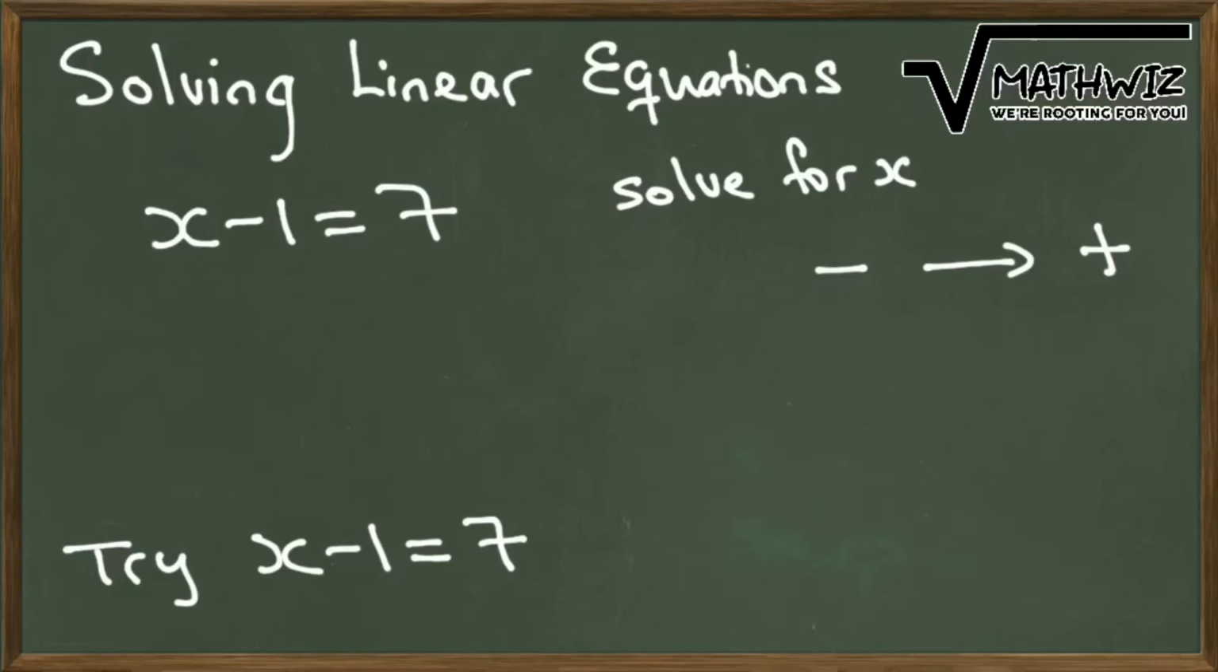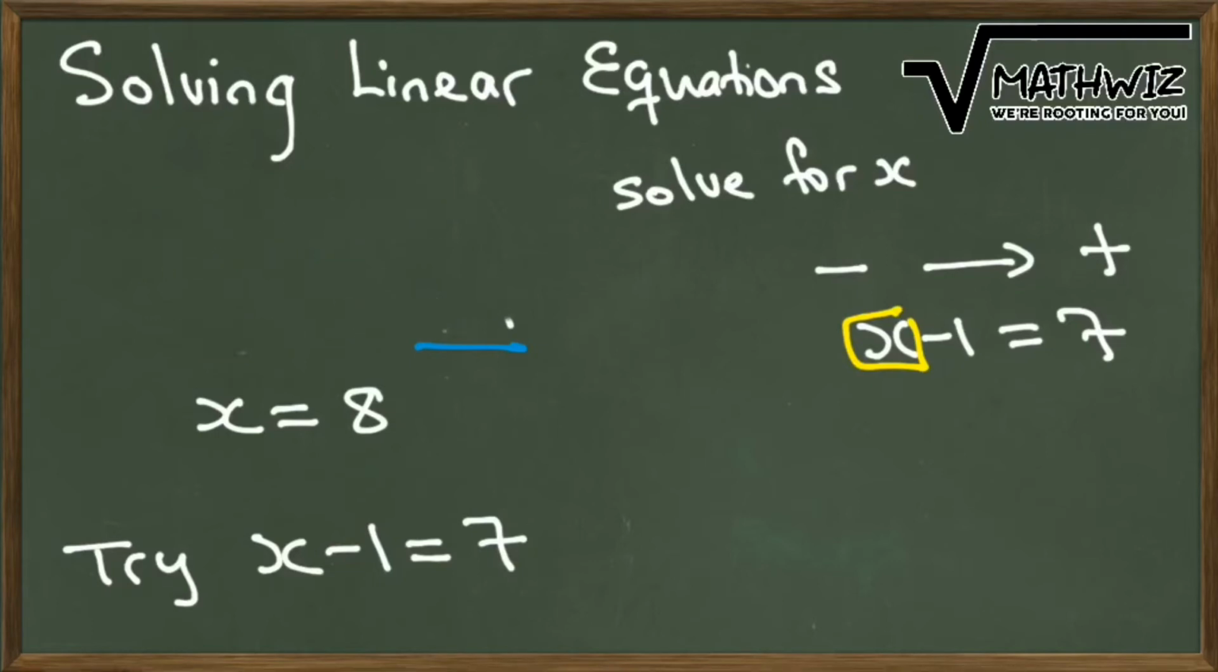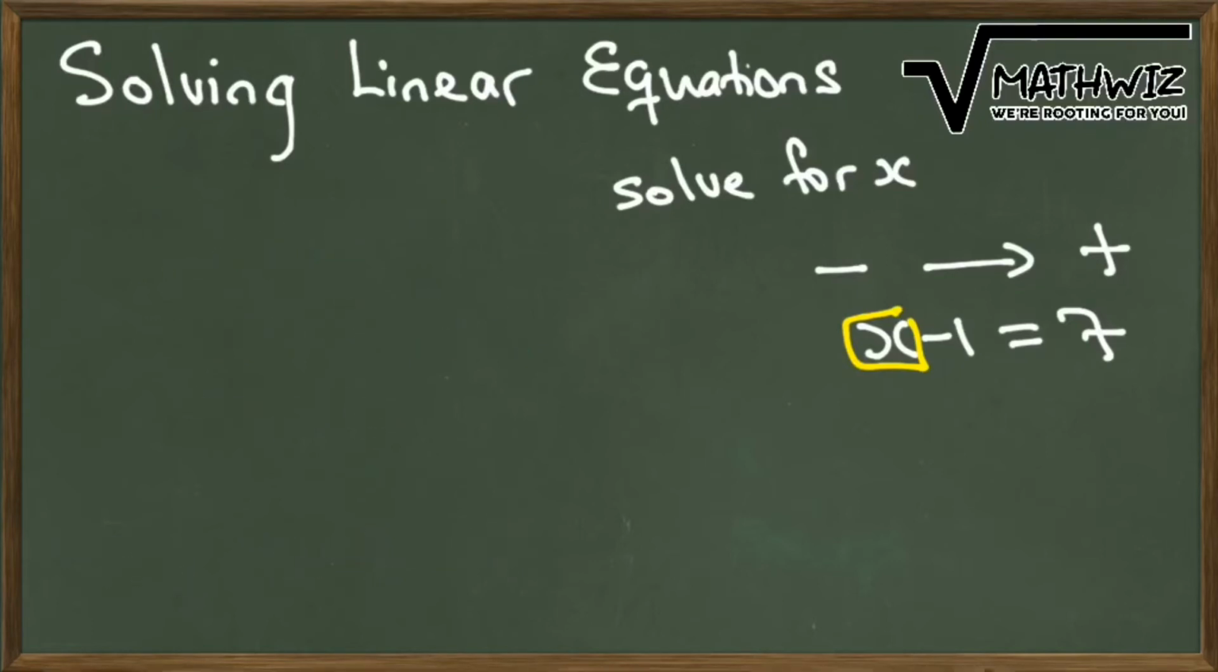So again, we are searching for x. So this minus 1 should become plus 1. Right, so 7 plus 1 would give you 8. All right, so what we have so far is x minus 1 equals 7. So we have the x on the left-hand side. So still keeping it on the left-hand side, let's do another example of how this could possibly come in a